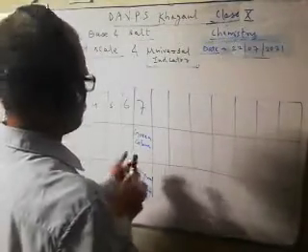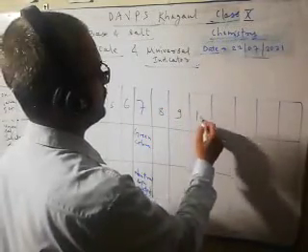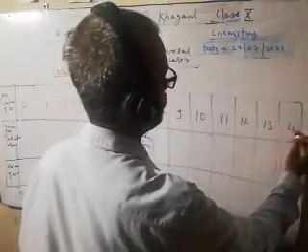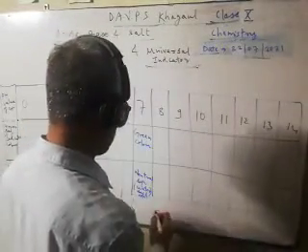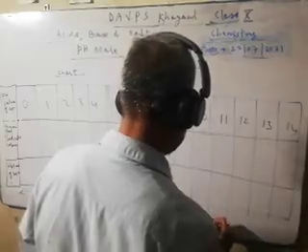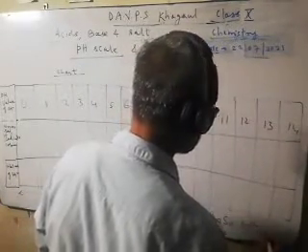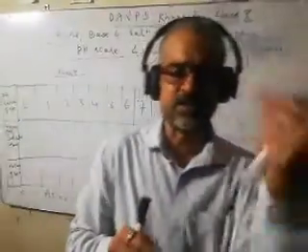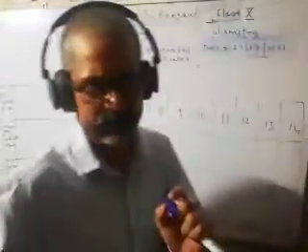So if you are talking about 8, 9, 10, 11, 12, 13, 14, if the pH value of any solution ranges from 8 to 14, that is the case of basic solution. Okay, you should remember, if the pH value of any solution ranges from 8 to 14, that is basic solution.